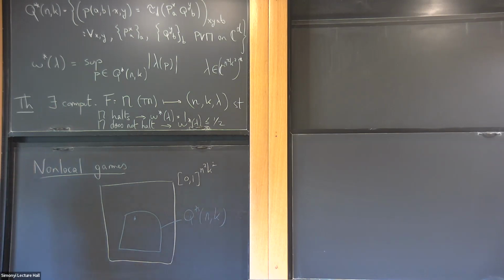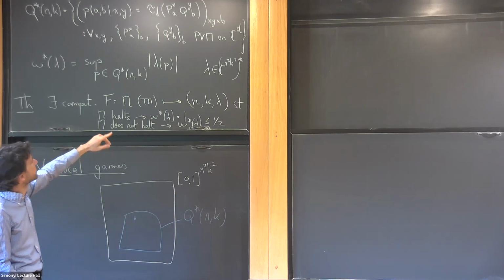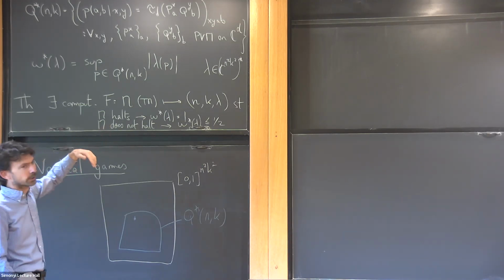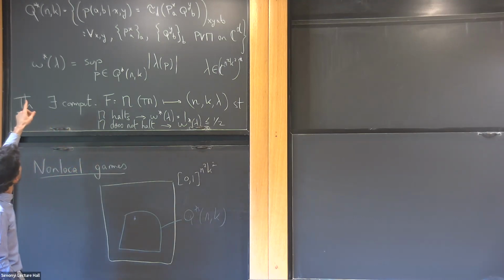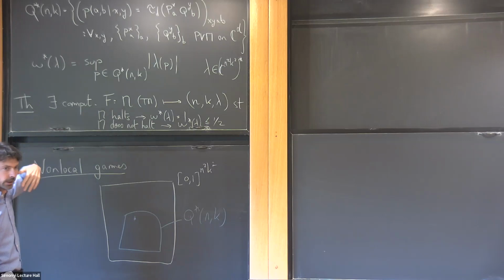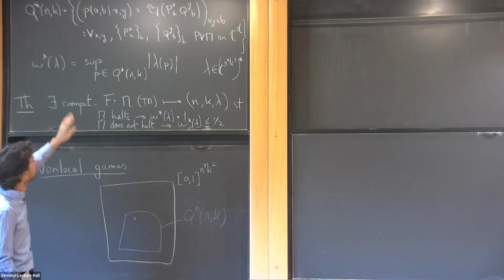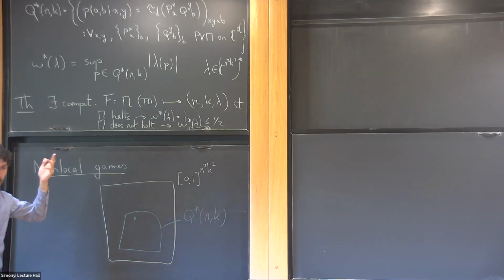And what do x and y range over? X and y range over the integers between 1 and n, and a and b range over the integers between 1 and k. So n and k are integers that are fixed. They parameterize my set. They can grow. So n is, let's say, 5, and k is 5. You can just think of that. You don't need to think of bigger. And so x is between 1 and 5, a is between 1 and 5.